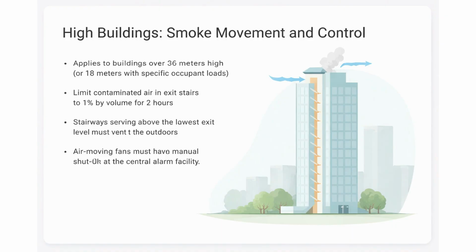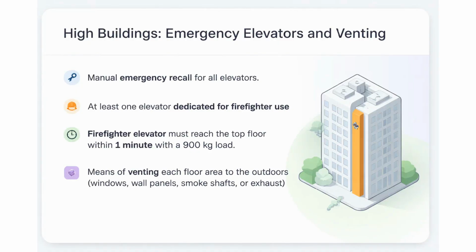To achieve this, stairways must vent directly to the outdoors, and mechanical air-moving fans must be controllable from a central alarm facility. Seriously, in high-rise emergencies, elevators become critical tools for first responders. The code requires manual emergency recall for all elevators, and at least one specific elevator designed for firefighter use. This elevator must be capable of carrying a 900-kilogram load to the top floor in under 1 minute, operating safely